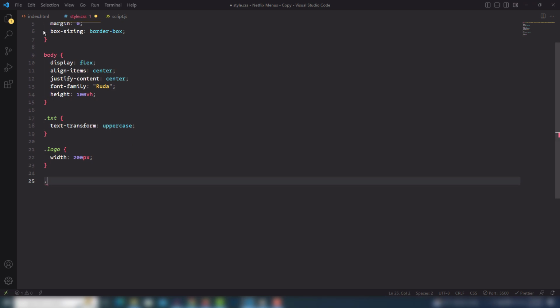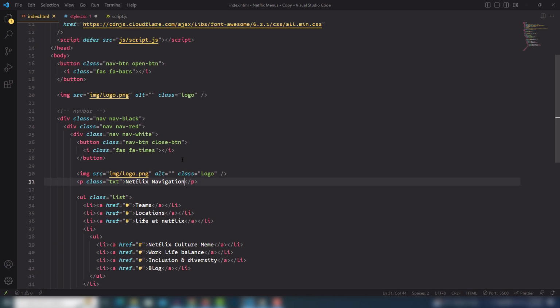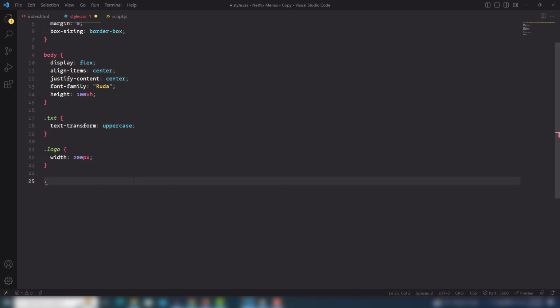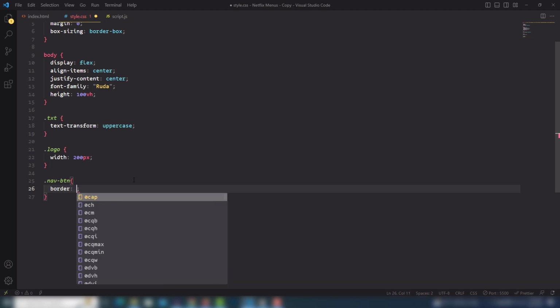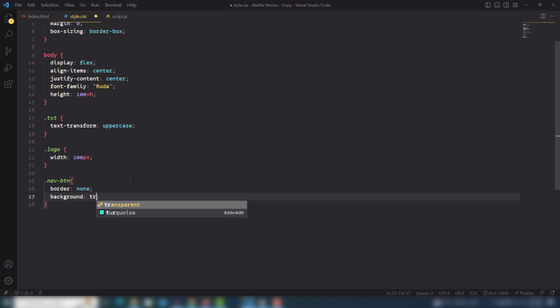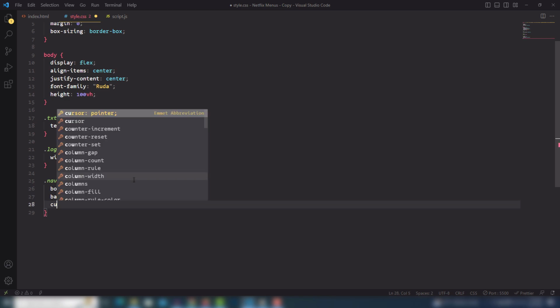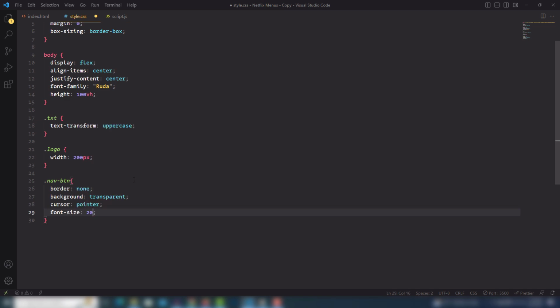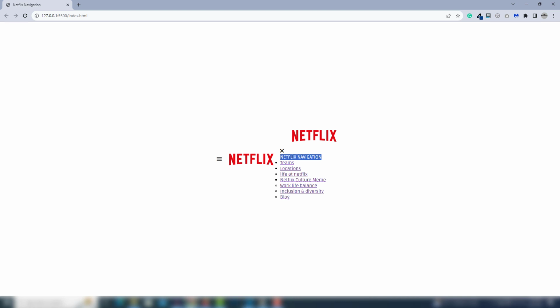So I already assigned the class nav button, and the same class is on another button, nav button. So I need to select that button and I'm going to use border none, background transparent, cursor pointer, and font size 20 pixels is best. First we're going to save it and let's look at that. Right, so